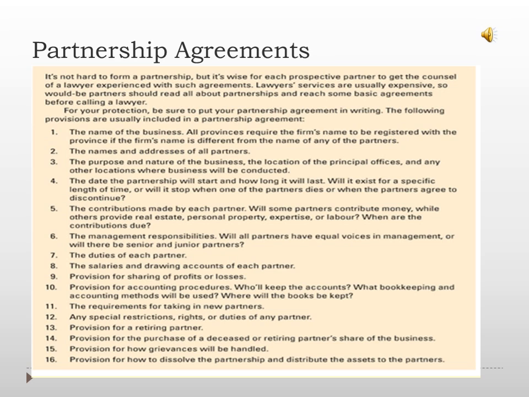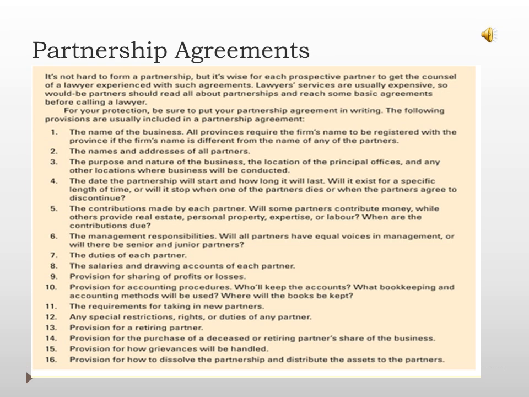A partnership agreement should outline the provisions for changes in partners. If one partner wants out of the partnership, or if one partner dies, what is the process for continuing on in the business? Oftentimes there may be some detailed valuation processes to determine the amount that has to be paid to the leaving partner or a deceased partner's estate. But clearly the procedures for handling any changes or death of partners must be indicated in that partnership agreement.